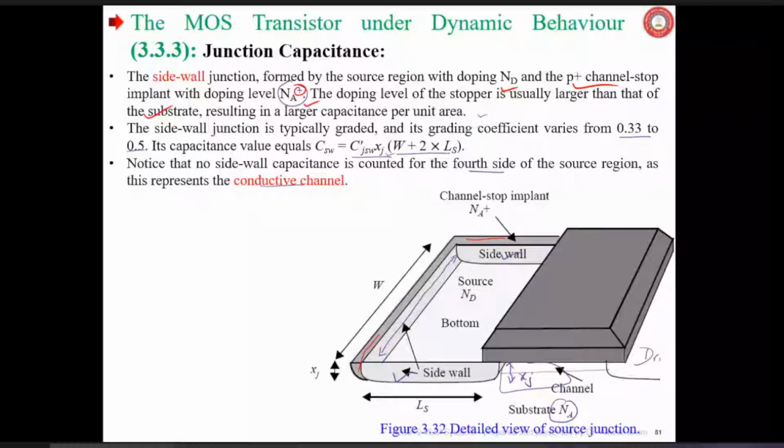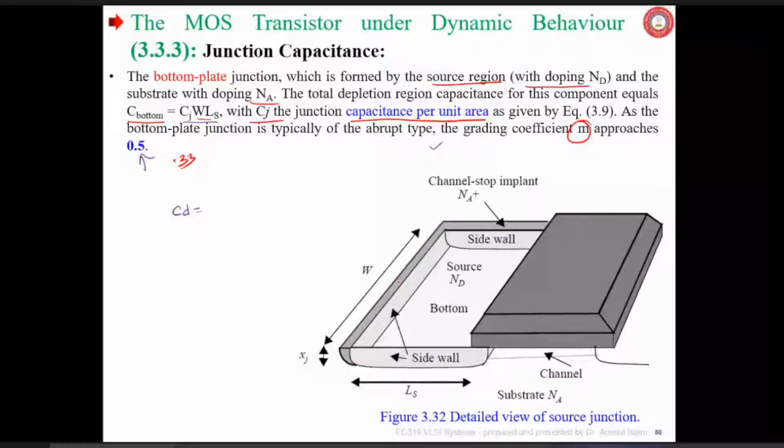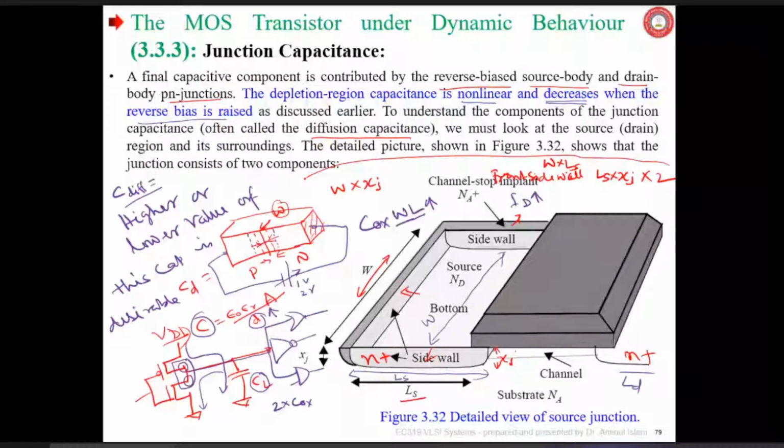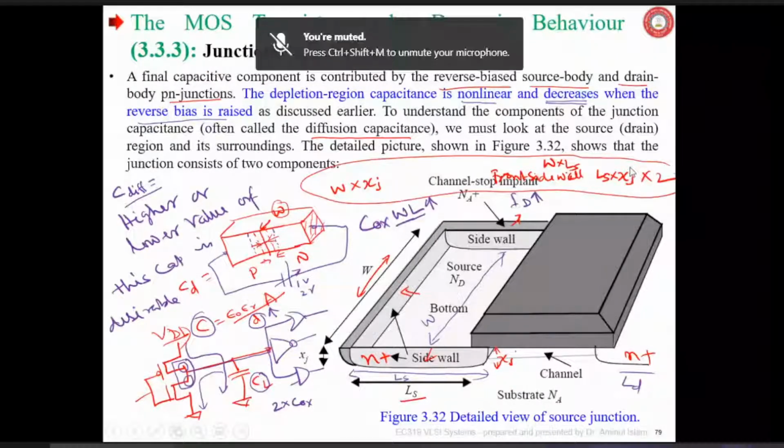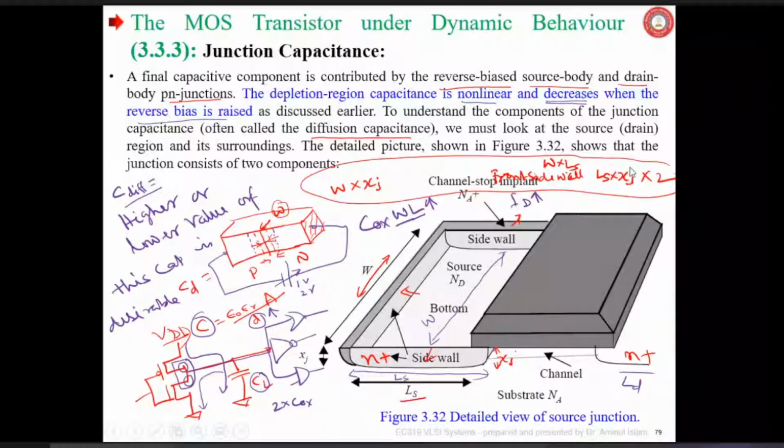Sir, I'm not able to visualize the capacitance here. Can you show what is the area? See, exactly this one you could not understand what we are saying here. In this we have written today something. Should I delete all those things? Previous things are there, previous year's things. Sir, over this only, can you draw which is the area and which is the length of the capacitance? See, if you see,